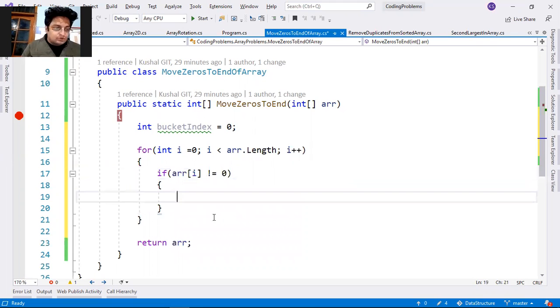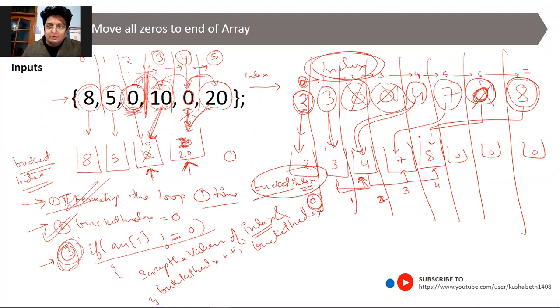swap the values. Swapping is a very simple concept that I have explained in my previous videos as well, but just for this, since we need it here also, I will just tell you. While swapping, suppose we have two buckets. In one bucket we have apples and in one bucket we have oranges. If I say you have two bags, one of apples and one of oranges, and tell you to put oranges in the apples bag and apples in the orange bag, what you will do, you will take all the apples out and put them somewhere on the slab or in some other bag.